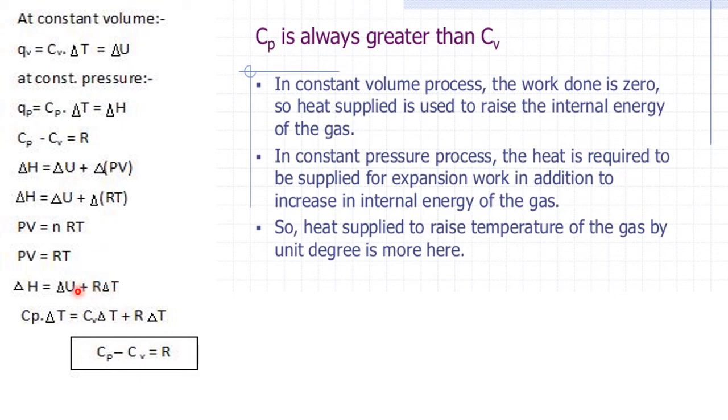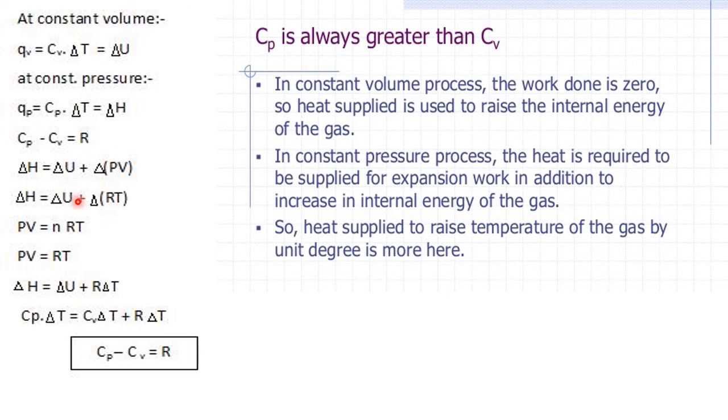Okay. Right. What is delta H here? Delta H equal to Cp into delta T. So in place of delta H, I have taken Cp into delta T. What is delta U here at constant volume? I am taking Cv into delta T, and this is already R into delta T. So in all the cases, delta T is common. Omitting the common factor, Cp is equal to Cv plus R, or bringing Cv to this side, Cp minus Cv equal to R. So in this way, Cp minus Cv equal to R is concluded using these derivations.